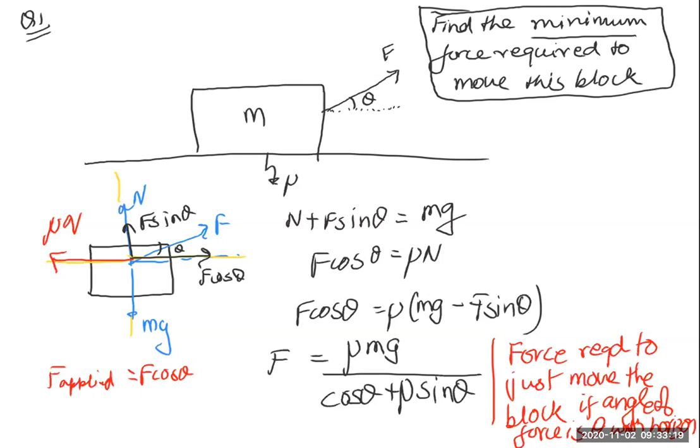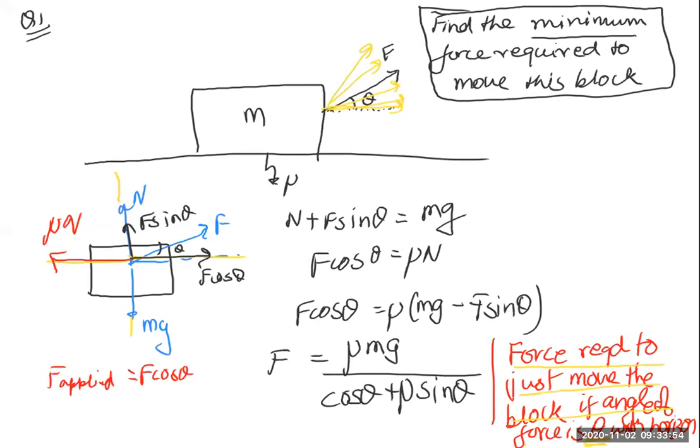What is the variable that I have chosen? So since I have found the force required to just move the block, if the force is at an angle theta with the horizontal, तो ये तो फोर्स ऐसे भी लगाई जा सकती है, ऐसे भी लगाई जा सकती है, सीधा भी लग सकती है, थीटा की वैल्यू 0 भी हो सकती है।